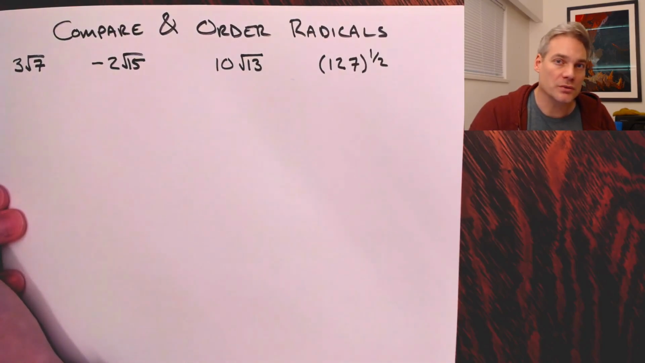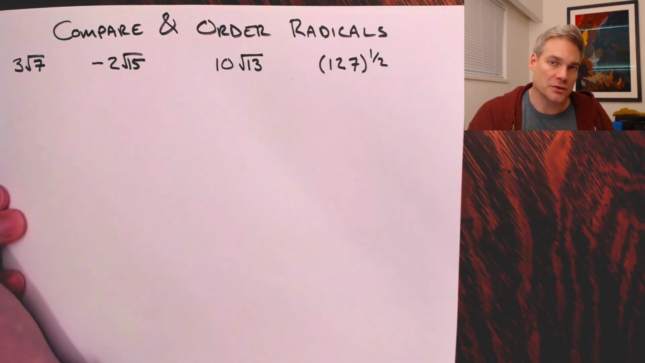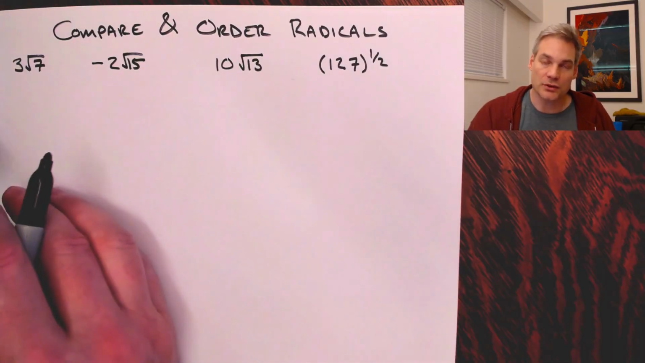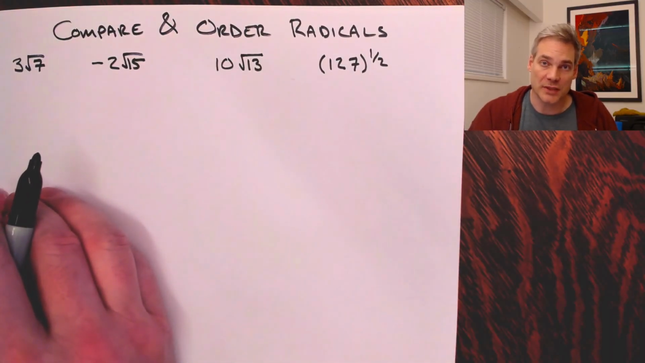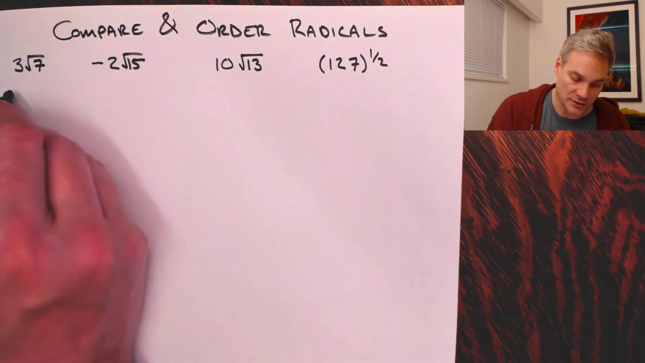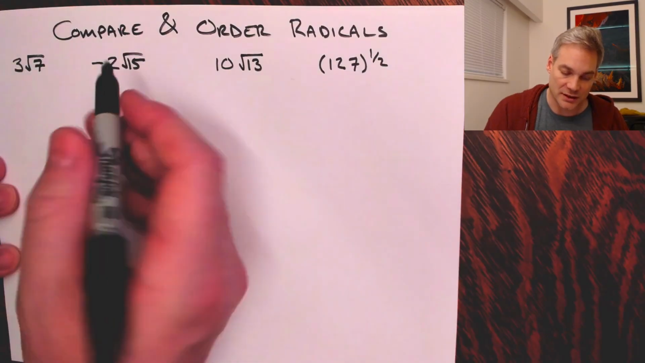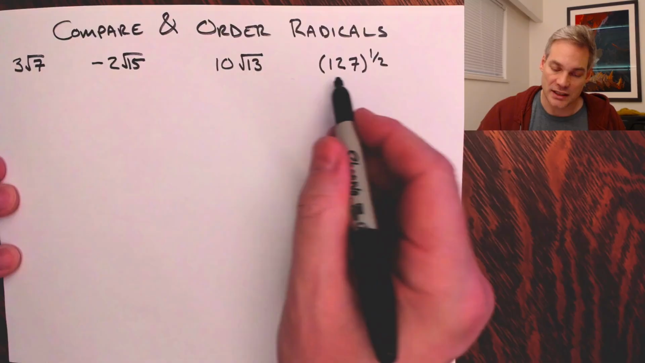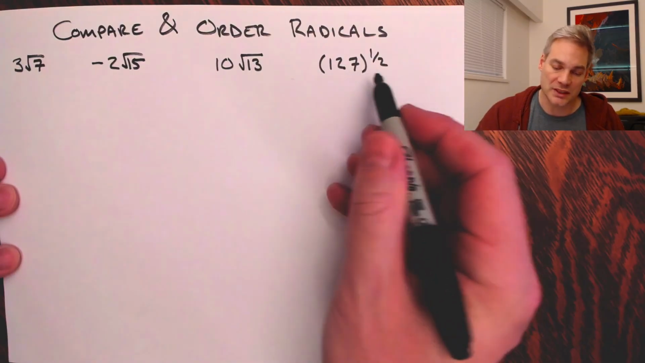Okay, so we are going to compare and order radicals, and to do this, what we have to do is go from a mixed form to an entire form, and then order them from least to greatest. So here's the first set. So I have 3 root 7, minus 2 root 15, 10 root 13, and 127 to the power of